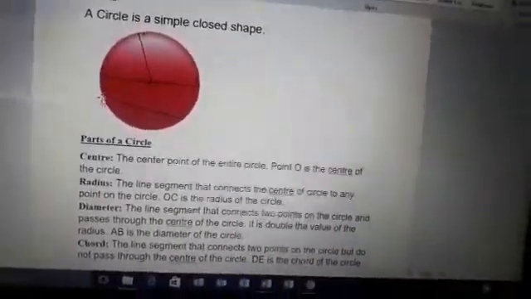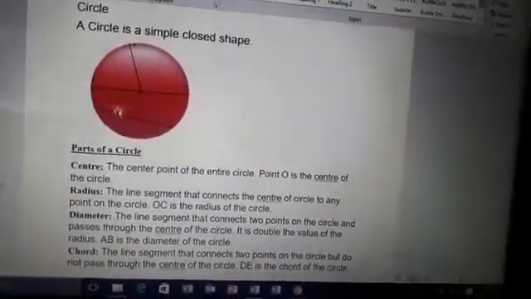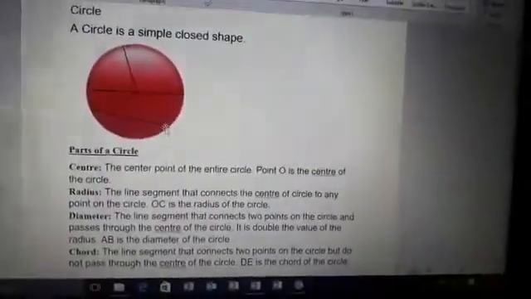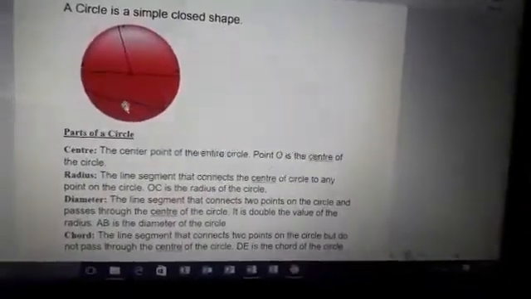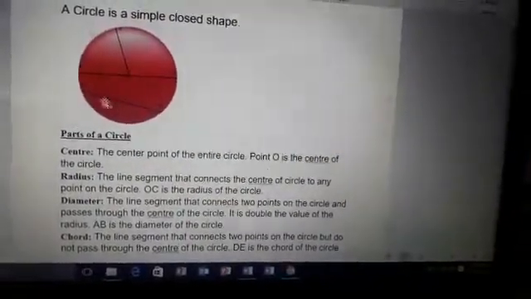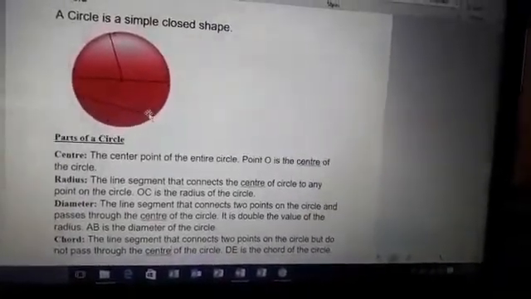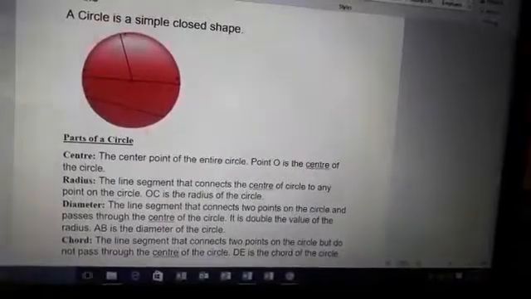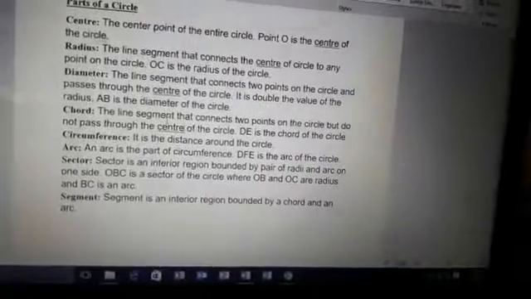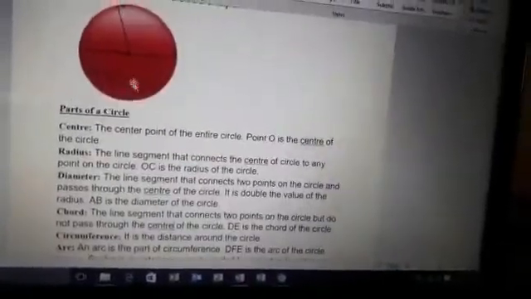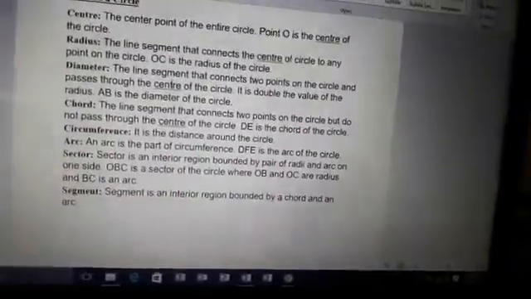You may have doubt that the points D and E, why will this line not be the diameter? This is not the diameter because it is not passing through the center. So then what will this be? It will be called the chord. Now we can see DFE. This structure is called the arc, while this one is called the chord, and the curved structure is called the arc of the circle.